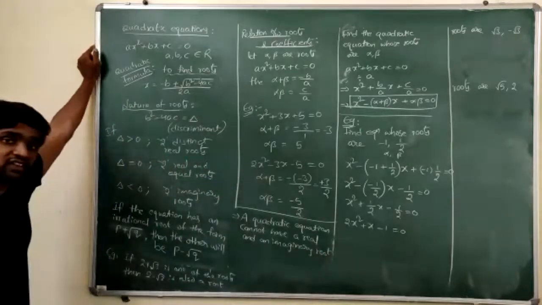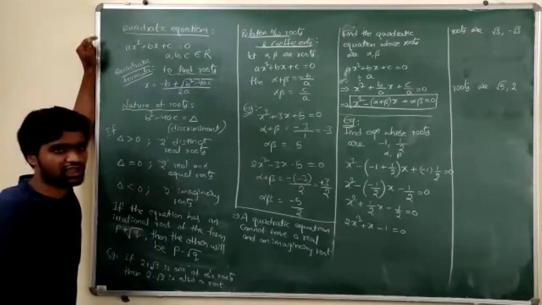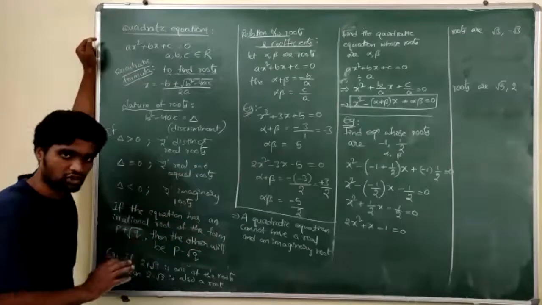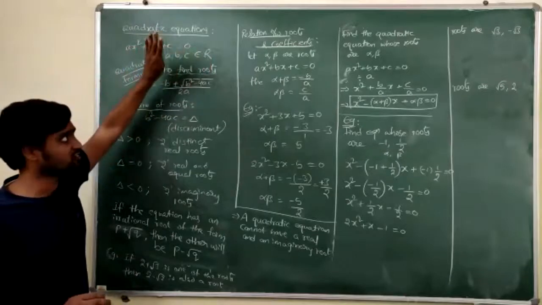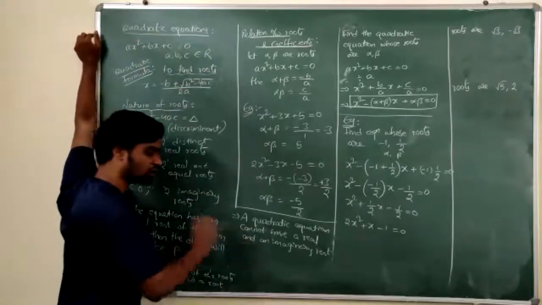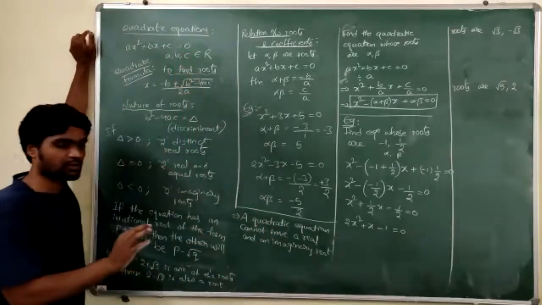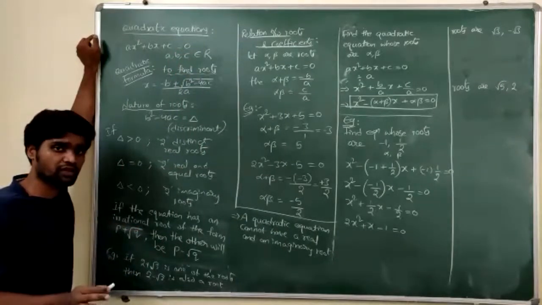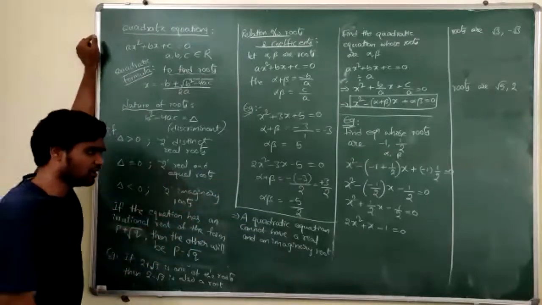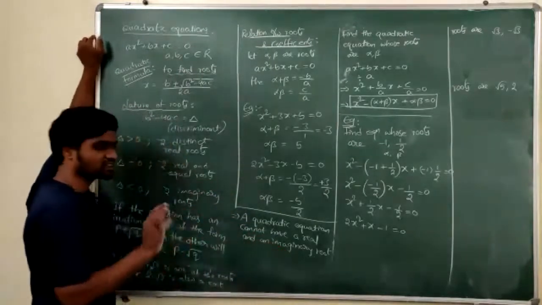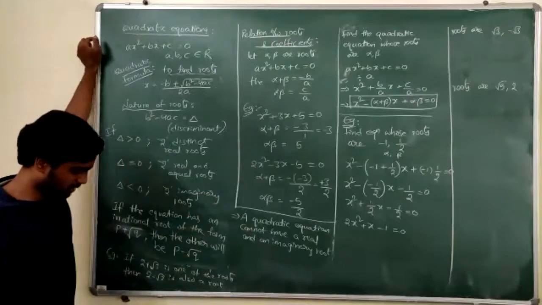Once we discuss the complex numbers chapter, a quadratic equation can have an imaginary root and a real root also. But here we are discussing quadratic equations with real coefficients. So a quadratic equation with real coefficients cannot have a real root and an imaginary root. Either both should be real or both should be imaginary. I got confused with the statement earlier. I told you about rational and irrational, but that's not rational and irrational. The statement is about real and imaginary.